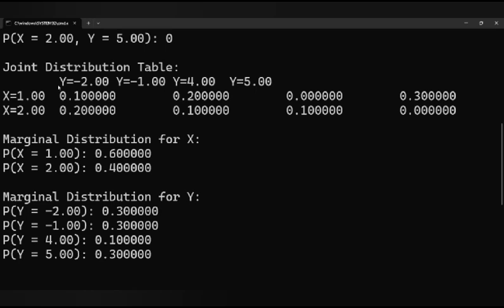Joint distribution table as x is equal to 1, x is equal to 2, and y is equal to minus 2, y is equal to minus 1, y is equal to 4, y is equal to 5. It gives x is equal to 1, y is equal to minus 2 as 0.1, x is equal to 1, y is equal to minus 1 as 0.2, x is equal to 1, y is equal to 4 as 0.4, x is equal to 1, y is equal to 5 as 0.3, and x is equal to 2, y is equal to minus 2 as 0.2, x is equal to 2, y is equal to minus 1 as 0.1, x is equal to 2, y is equal to 4 as 0.1, x is equal to 2, y is equal to 5 as 0.0, and a marginal distribution